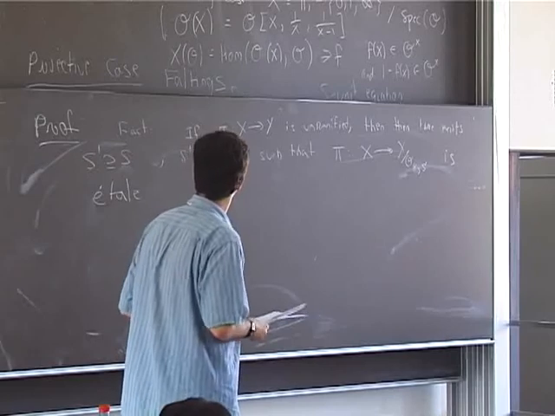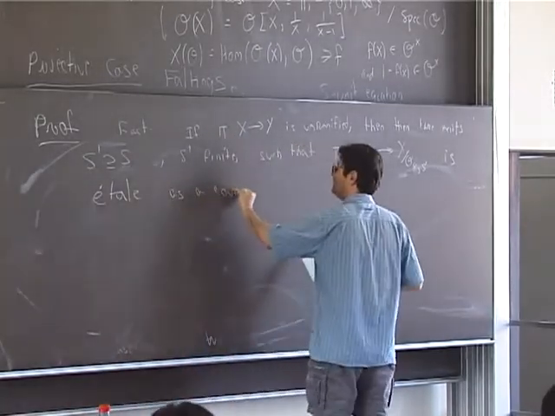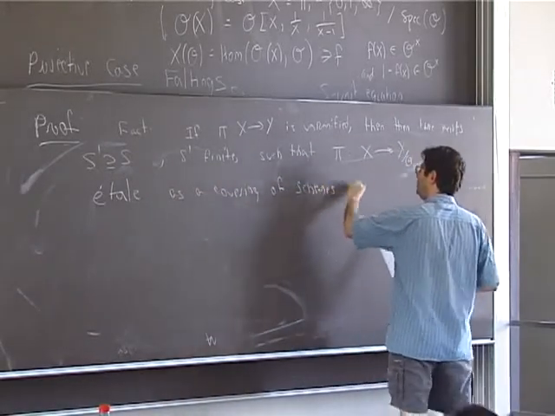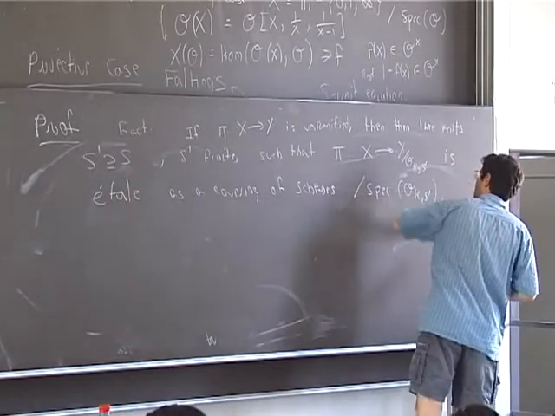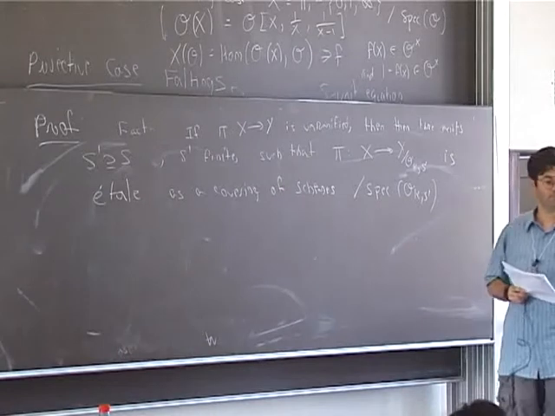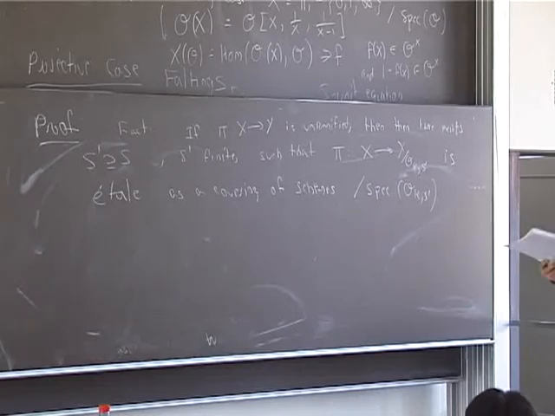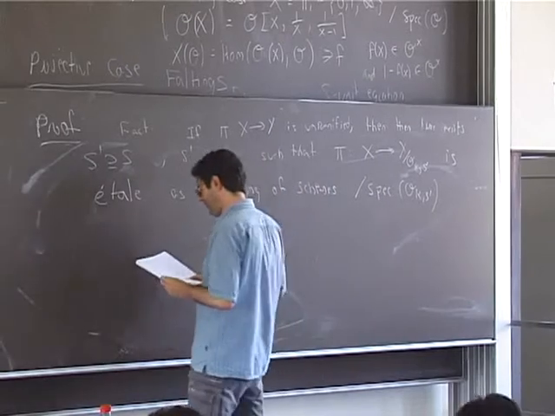So this is a tau as a covering, so as a covering of schemes over the spectrum of O_{K,S'}. Okay? So this is really as small as tilde. Now I'm still over K. I haven't yet had to pass to L, to a finite extension. Okay, but now we use the basic fact of